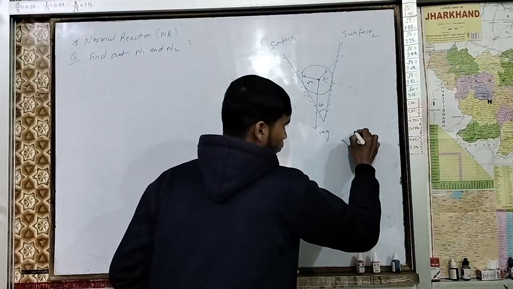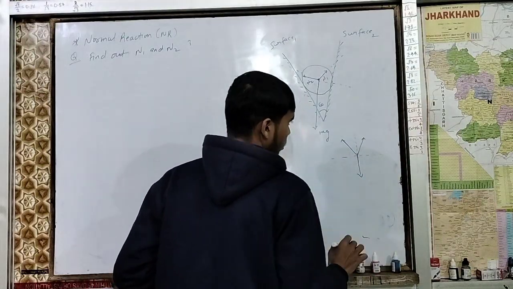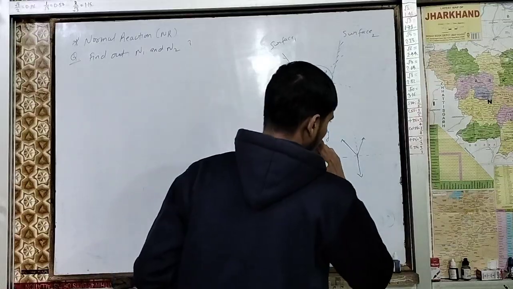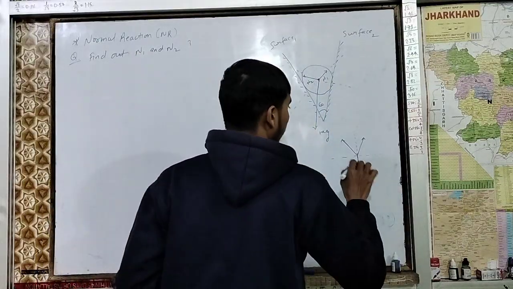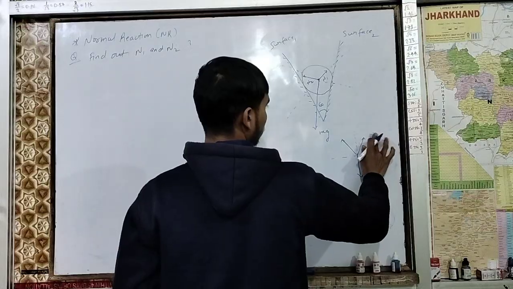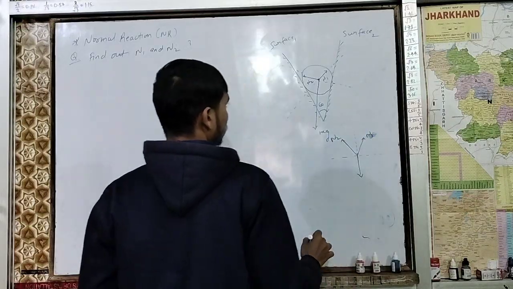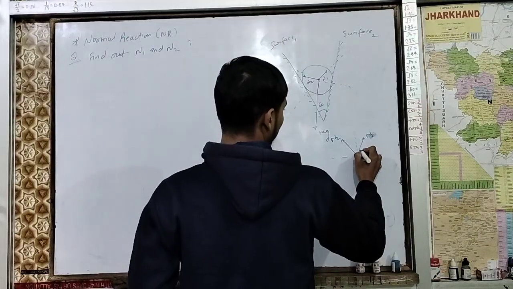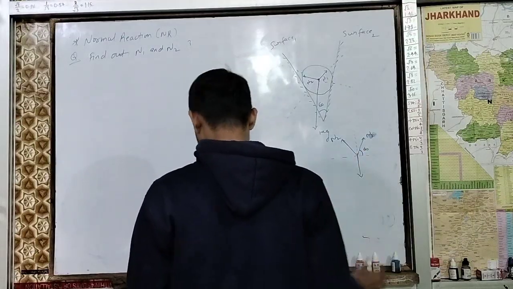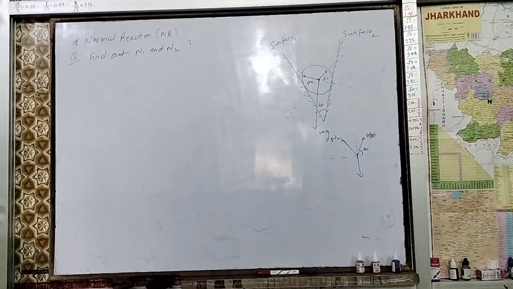Try to understand. If you bring this like this and over here, what do you think? What is going to be the angle for this N1? We will say this will be our 60. This will be our 60. The reason is